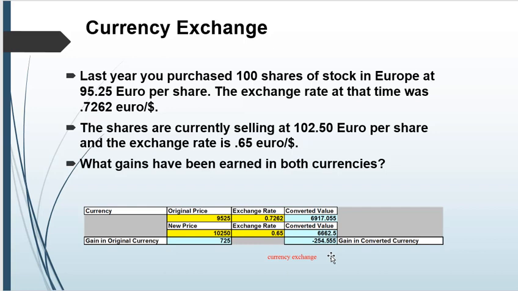So again, the purpose of this exercise is just to illustrate that you can make money across the board in different currencies, but when you convert it back to your own, what that number is and the sign of that number can be different. You can lose money internationally, but if the exchange rate moves the right direction, you can actually make money at home, even though it shows a loss in the other currency.